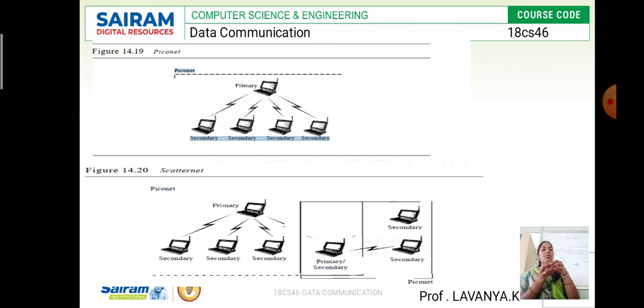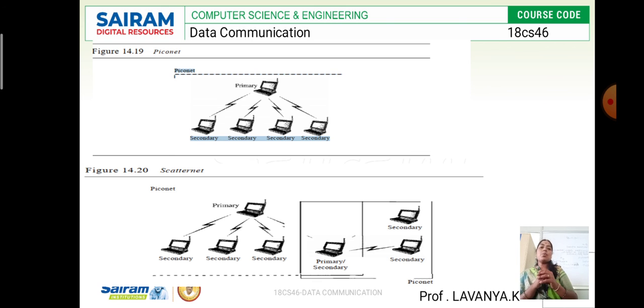But one of the slave nodes acts as a primary node: that particular slave node distributes the information to the remaining devices connected to it, acting as a primary node, and based on that they distribute the information to other nodes.